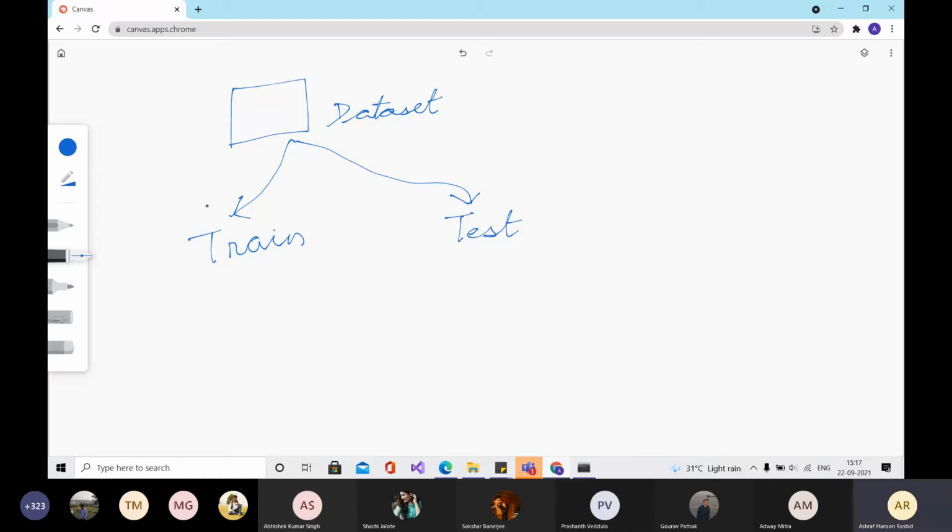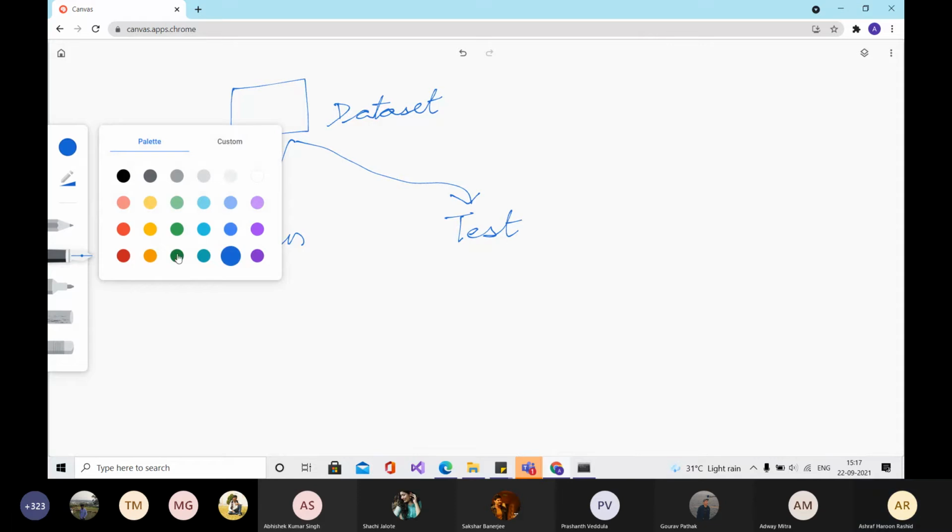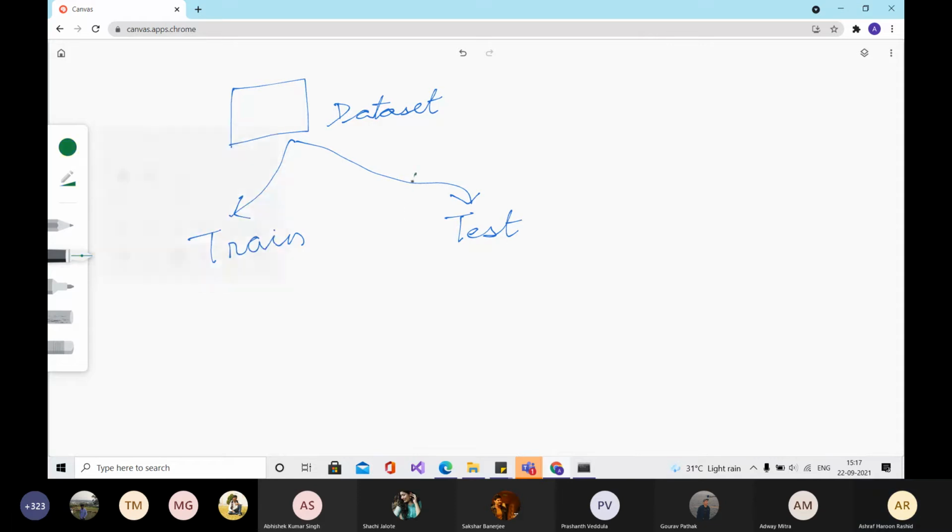Once you divide this data set, you have to pick the test set, and you have to make sure that you do not consider any samples from the test set during your model fitting, model analysis, or any sort of thing. So no information should go from test set to the train set.